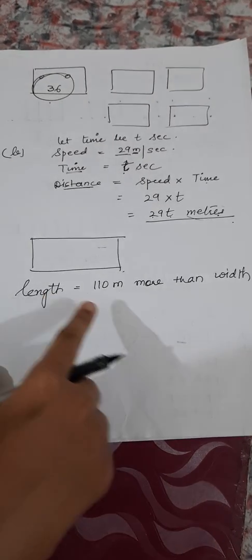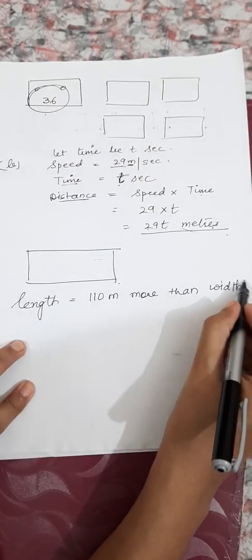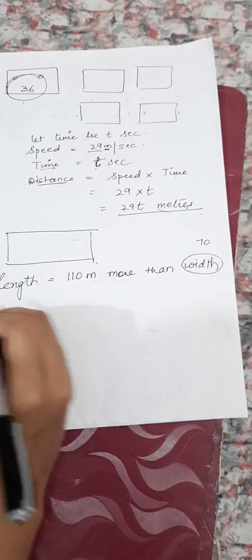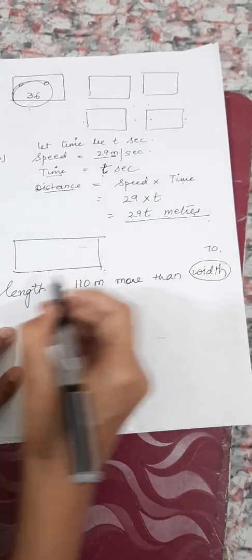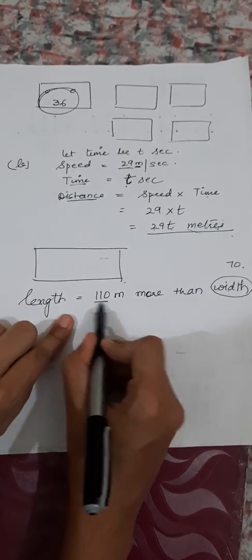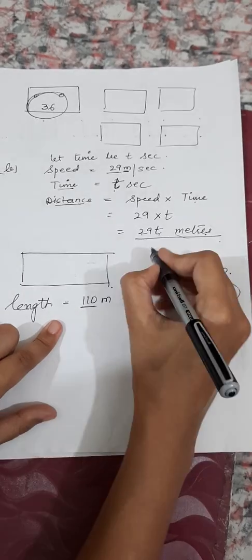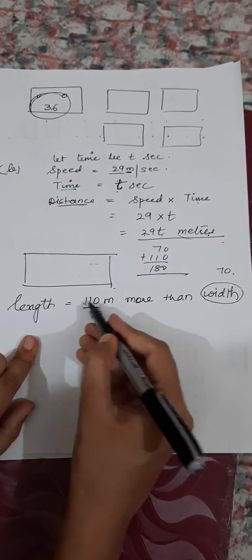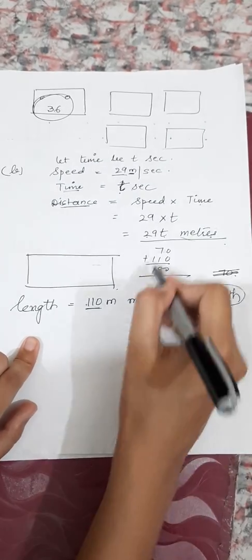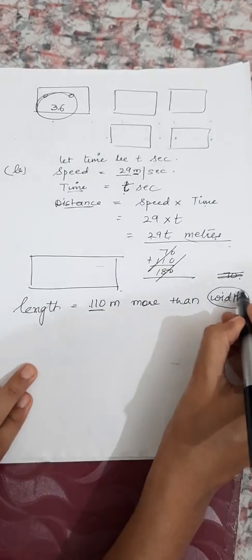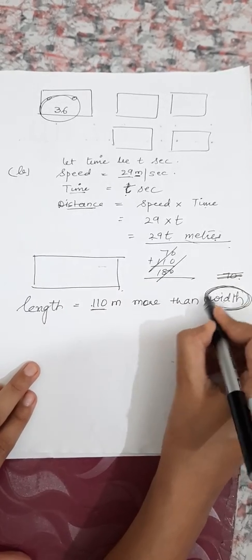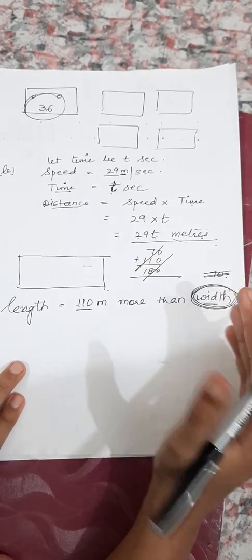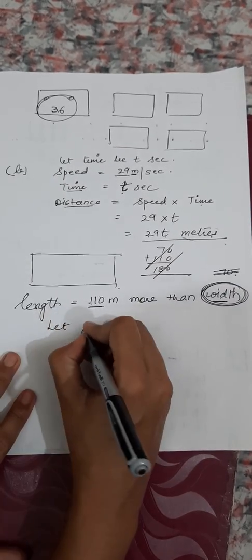This means if I get to know the value of the width, for example if the width is 70, then the length is going to be 110 meters more than 70. That means 70 plus 110, which will be 180. So the length is going to be 180. This was just an example which I gave you. But right now we don't know the width, and if we don't know it, we are going to assume it as some variable. So I am going to write here, let width be